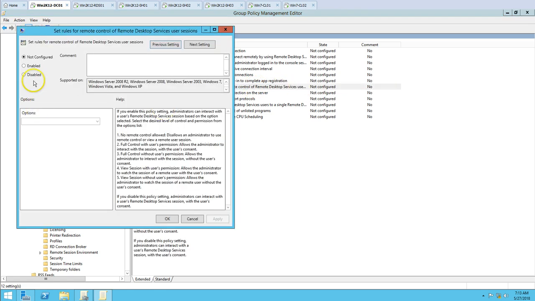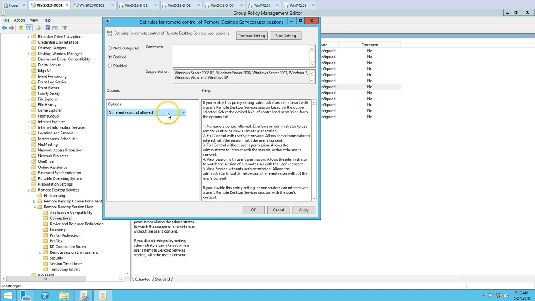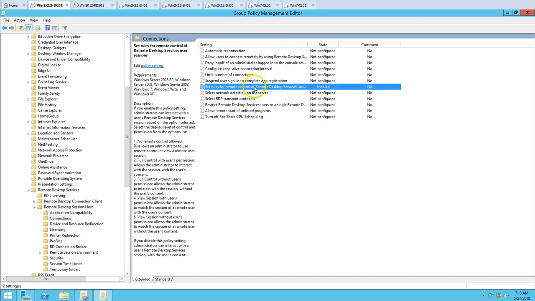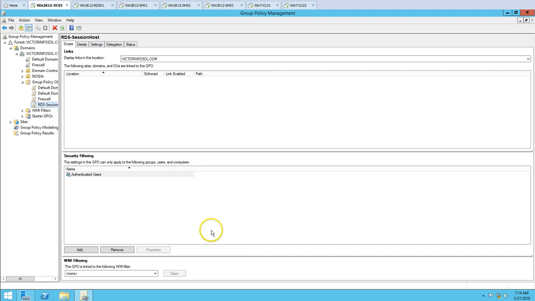So I'm going to allow this enable, and I'm going to allow options and full control without user permission, so user will not require to give permission to us. So I'm going to click on apply. Okay, so this setting is defined, and where I have to apply this setting, so for that you need to